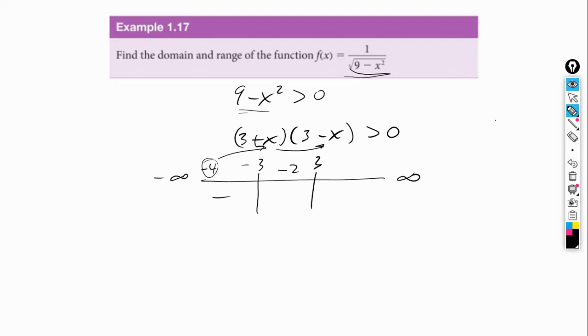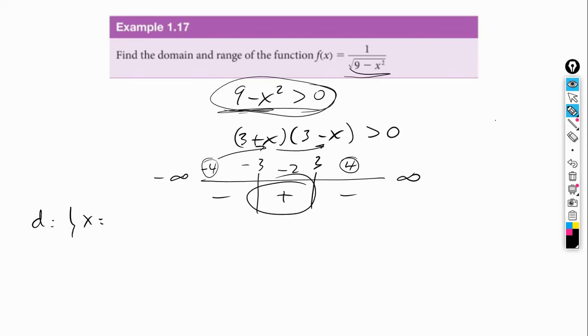Well, we're going to get a positive. We can see that easily, right? What happens if we plug in something that is greater than 3, such as 4? Well, we're going to get a negative value again. You can test that for yourselves. What does that mean? That means that 9 minus x squared is going to be greater than 0 in this interval here. So that means that the domain